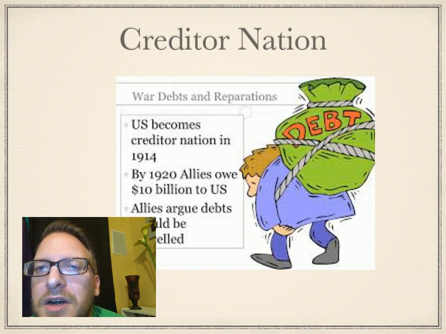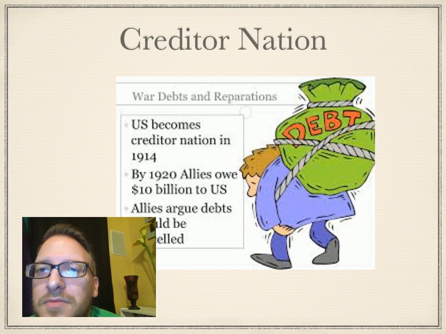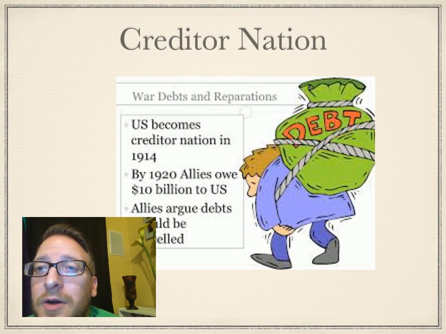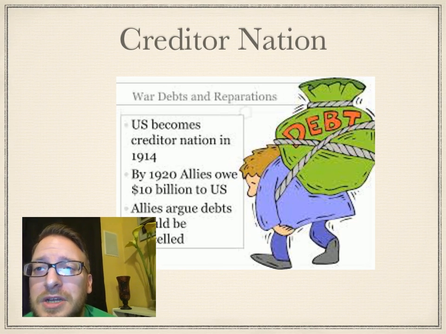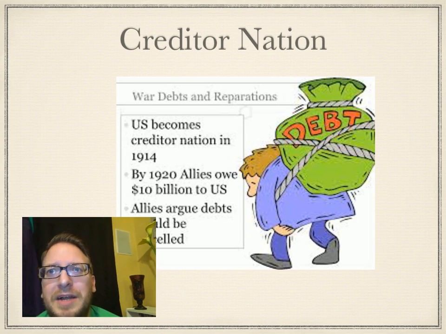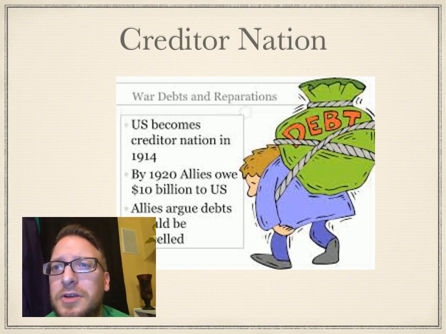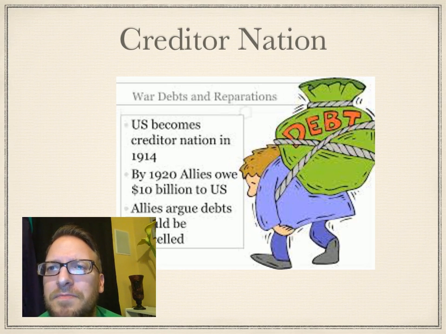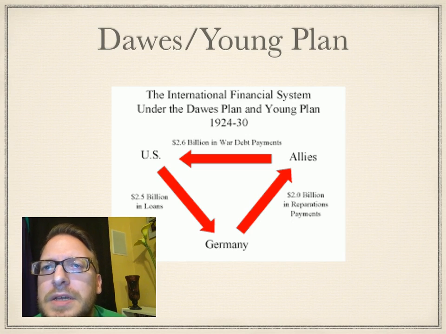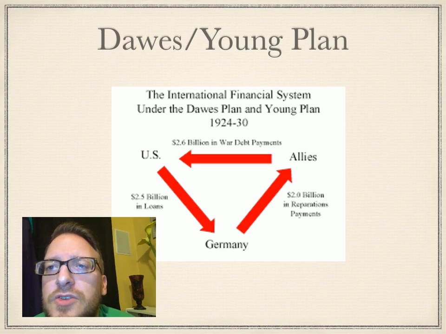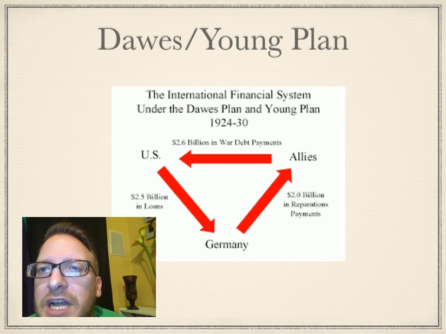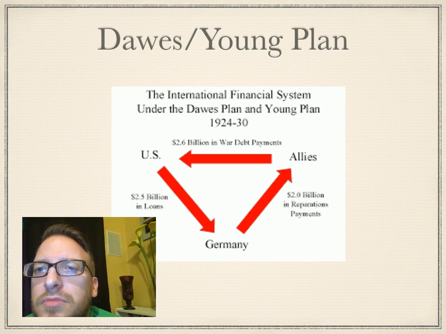Okay? Now the really interesting thing is, from about 100 years past this, we're now the largest debtor nation. We're actually borrowing money to pay back our own bills. So in 100 years, we went from being the largest loaner of money to the largest borrower of money, and that's kind of interesting.